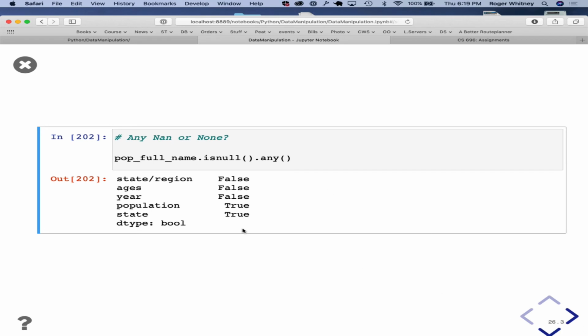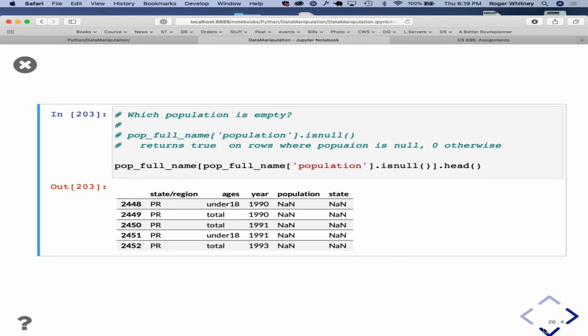The answer is yes, population and state have missing data. So now I'm looking, okay, give me everywhere that's null, and I'll look at the head just to see what's going on.